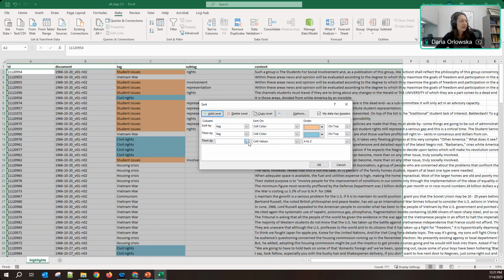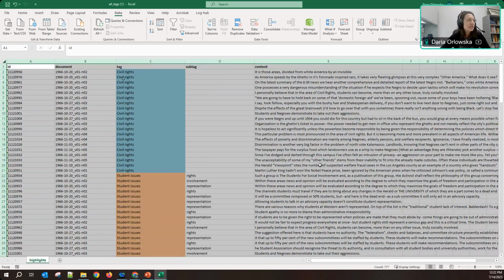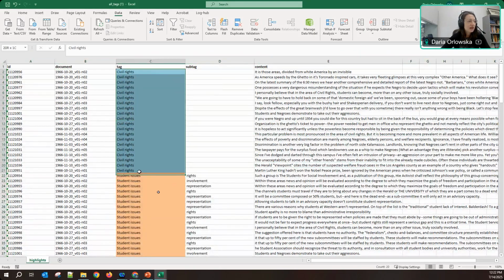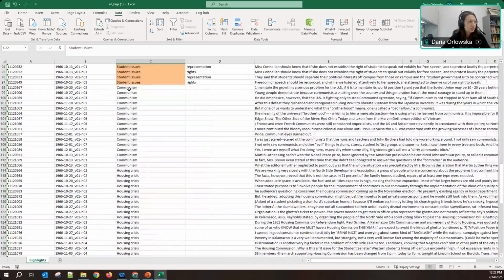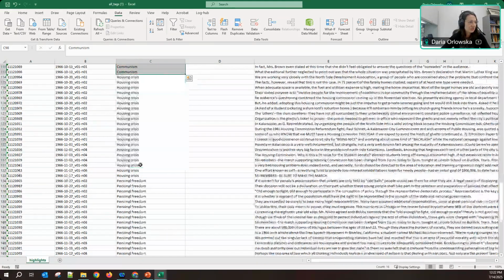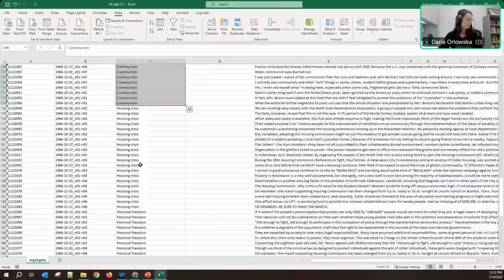Then I'm going to add another level, sort by tag, and just sort the rest alphabetically. I can change the order of these at any point. If I click on this second one and I want to move it up, I can use these arrows to move it up. When I press OK, it will sort it for me. You will see now that all your blue tags are on top, all your student issues are in the middle, and then everything else is sorted alphabetically.